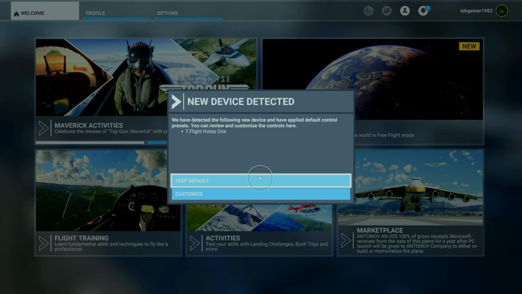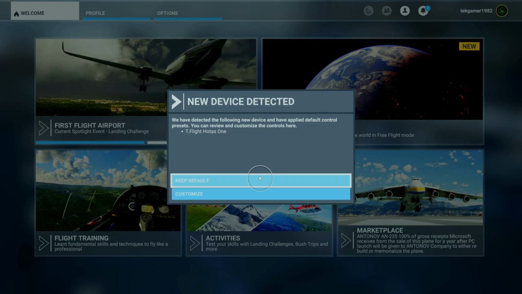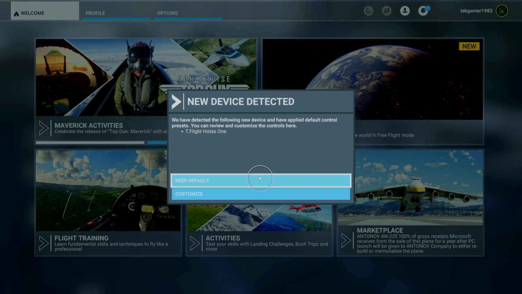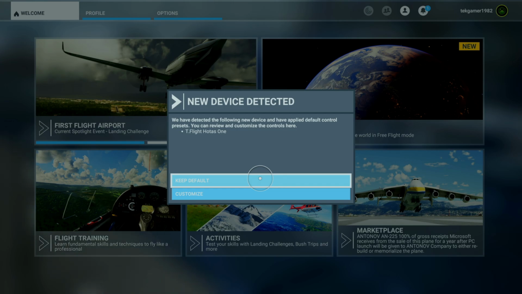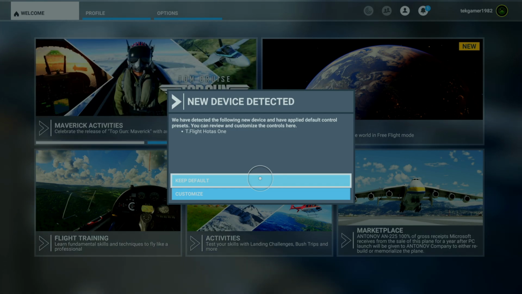If you do have a Thrustmaster T-Flight HOTAS 1 or HOTAS 4 flight stick, you obviously want to make sure that the switch on it is set for the system that you're using. In my case, the Thrustmaster T-Flight HOTAS 1 has a switch on the front of it that says Xbox or PC. I'm setting mine on Xbox because I'm playing it on an Xbox. If you're playing it on a PC, you would make sure it's set for PC. You would also want to have the Thrustmaster drivers installed and be running at least the newest versions of Microsoft Windows 10 or Microsoft Windows 11.